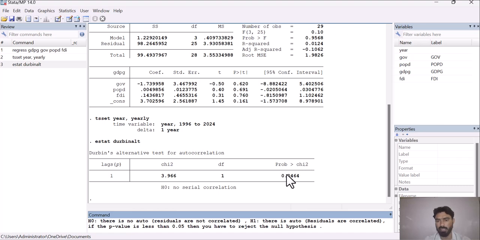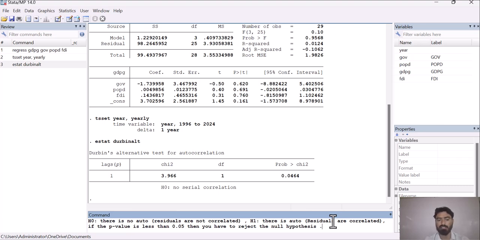As in our case, the probability value is less than 0.05 or 5%, it means we have to reject this null hypothesis and accept the alternative hypothesis, which means that there is an issue of autocorrelation in our dataset.